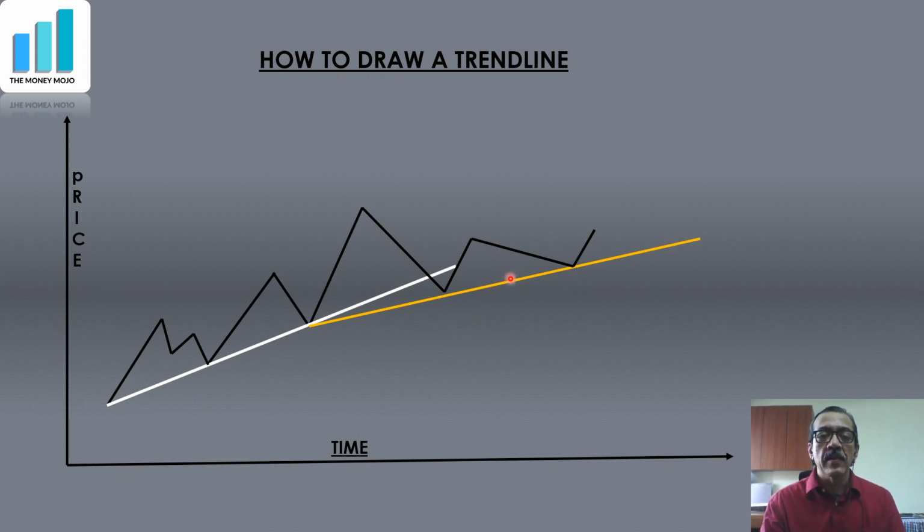So here I have drawn a trend line which connects 3 points. Here I have drawn a trend line which connects 2 points. It also happens to connect this point, but that is later. I could draw it even here. The moment this price went here, I could draw this white trend line. Okay, and this yellow trend line I could draw only after these 3 points were formed. Once these 3 points are formed, I can draw this yellow trend line. So either 2 points are connected or 3 points.